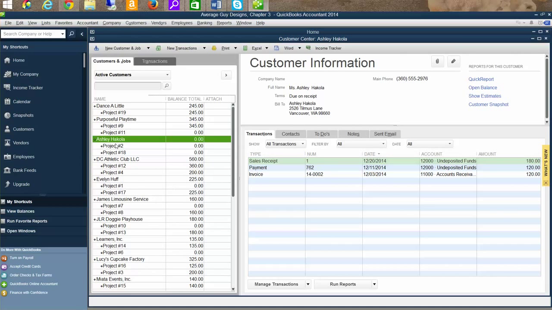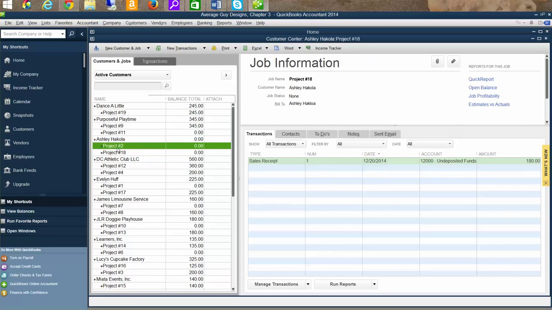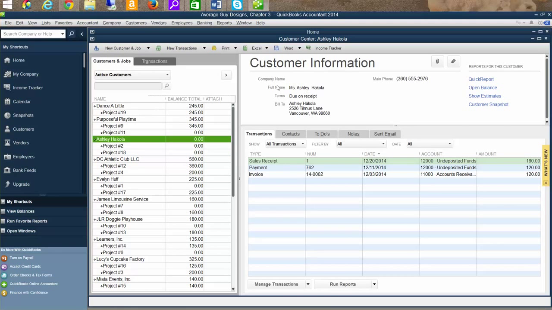So now there were 2 entries for Ashley, one of them with her last name spelled correctly, one with her last name spelled incorrectly. What we did was we took the project out from under the one where it was spelled incorrectly, and we put it here, so there would be 2 projects under the one that's spelled correctly. And then the second step was we went to the one that was spelled incorrectly and we fixed it. And when we went to close it, it said, hey, there's already somebody with that name. Do you want us to merge the files? And we said yes. And that's so that we don't lose any information. Okay, so that's